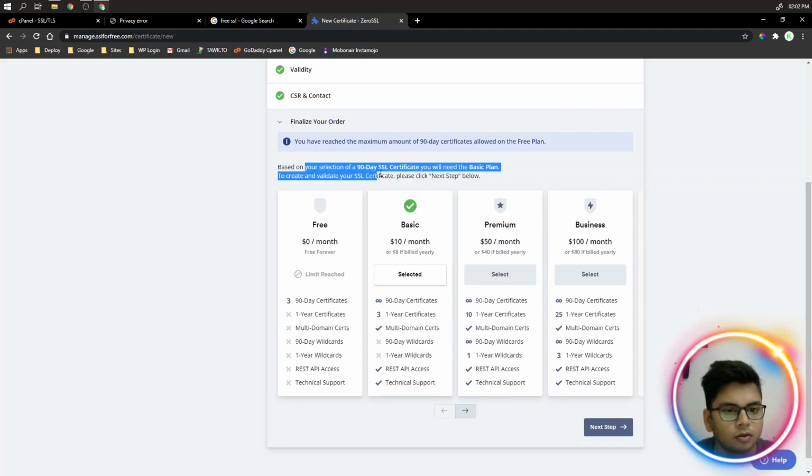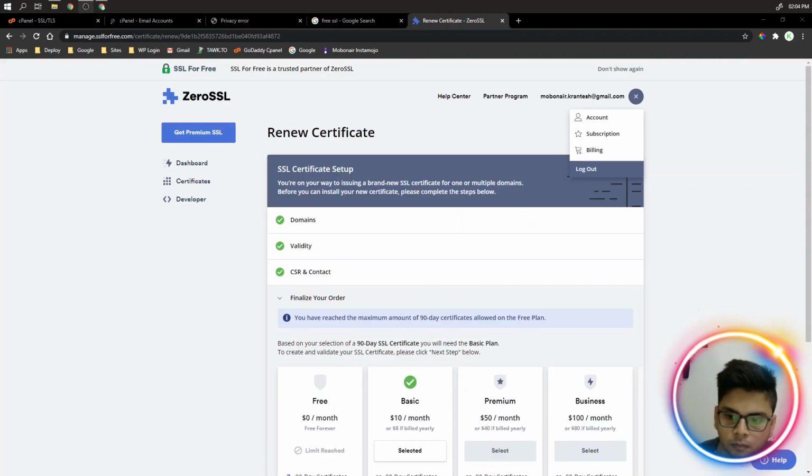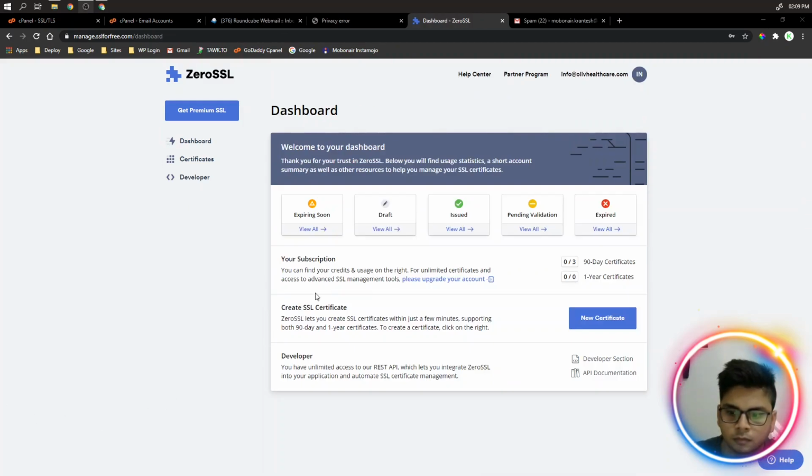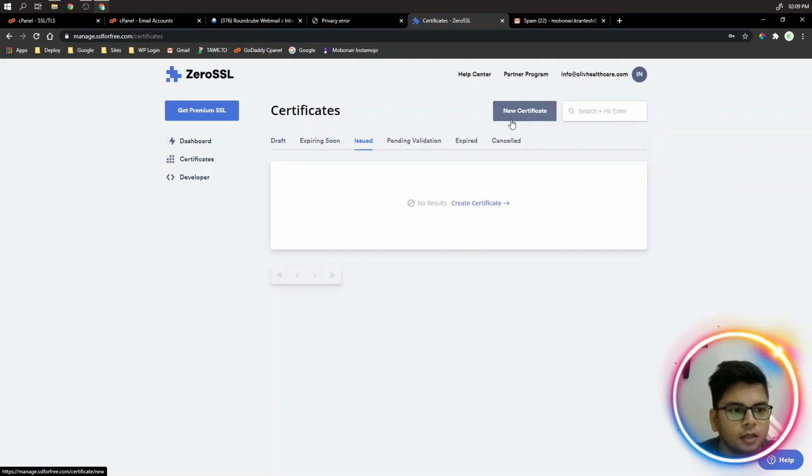No, I do not want this. Limit reached. So it is showing 90-day certificates. You have to click on your certificates, and as you can see there is no current certificate issued.